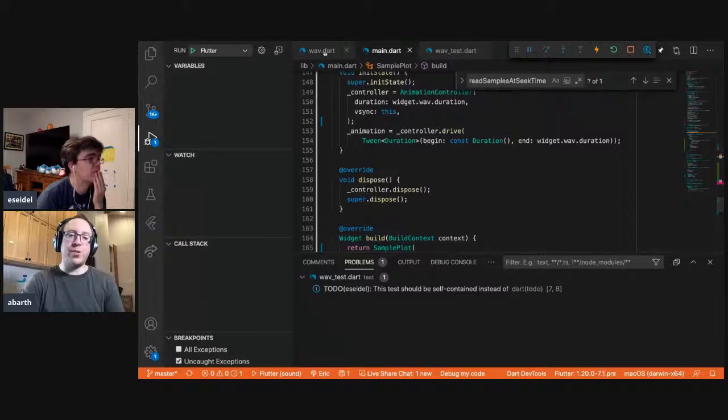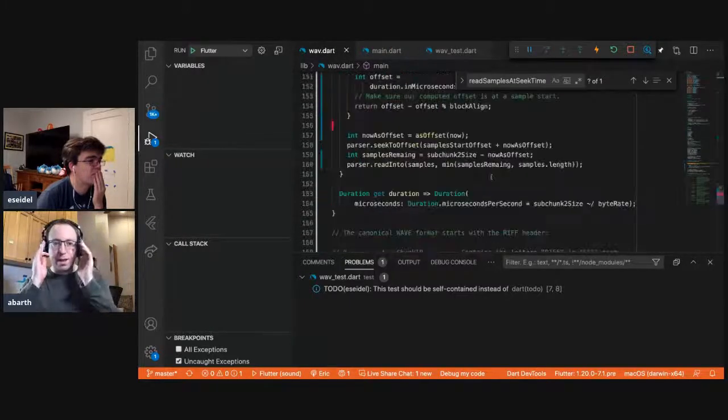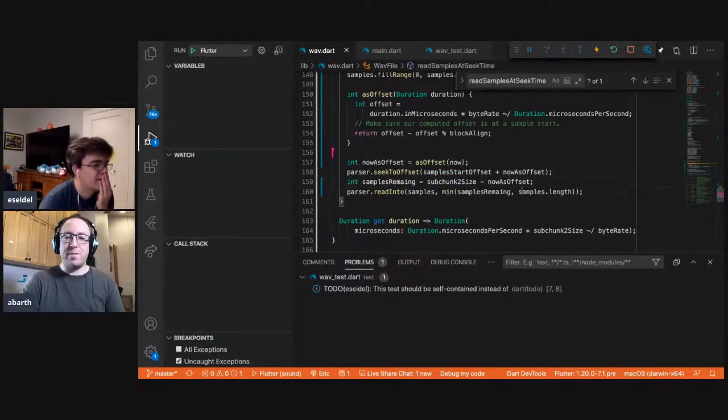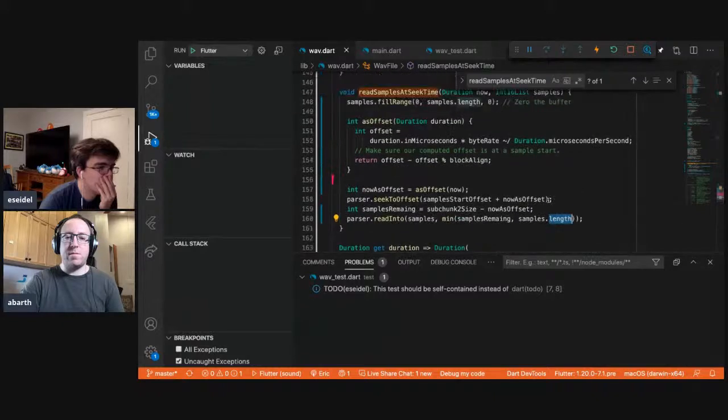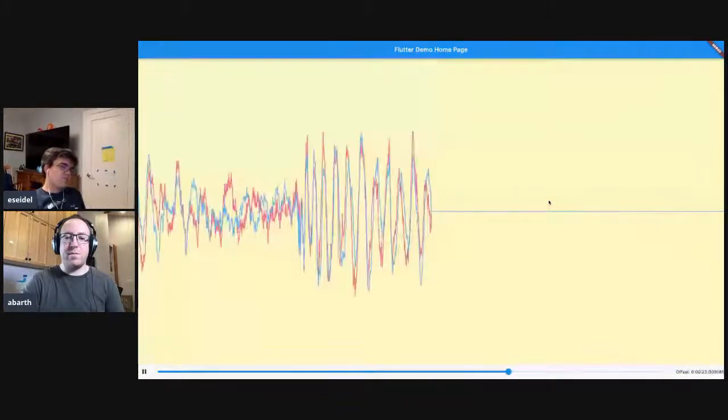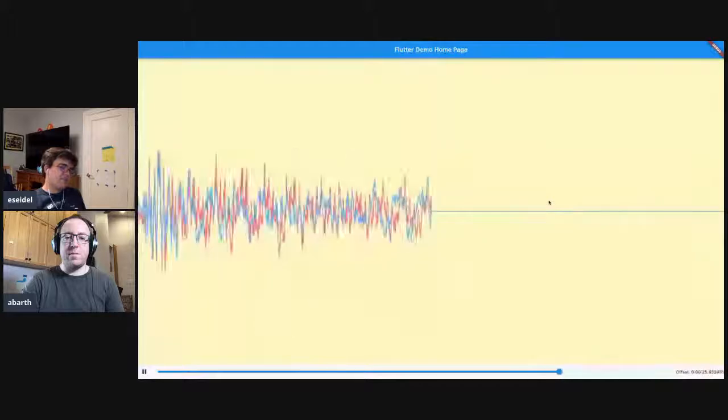Well, I think we're probably just getting confused between whether we mean left and right. Maybe we were playing at double speed or something. Because we're aligning the single samples remaining. Somehow we're only ever reading half the number of samples that we expect into the buffer.